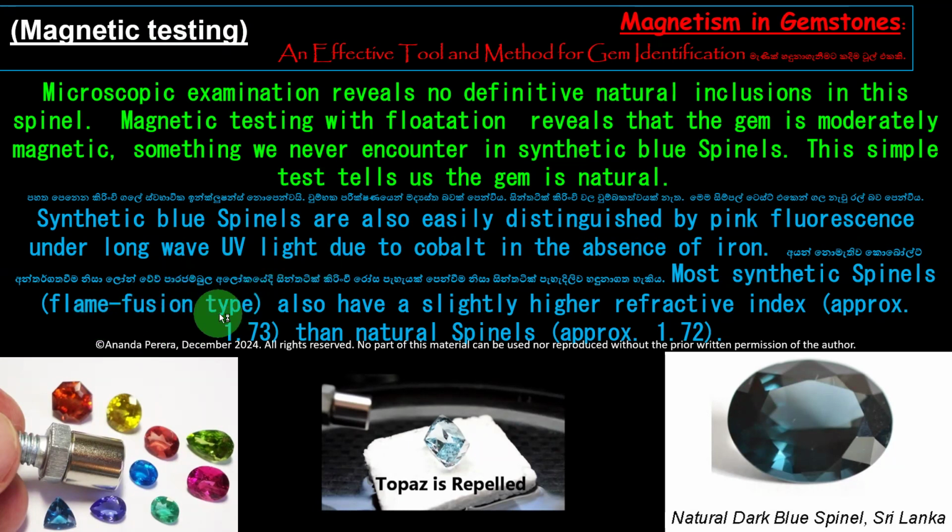Flame fusion type is a synthetic making method. Flame fusion type synthetic spinel also has a slightly higher refractive index, approximately 1.73 compared to natural spinels at 1.72. This is the difference. The flame fusion version is a little bit higher. Then look at the